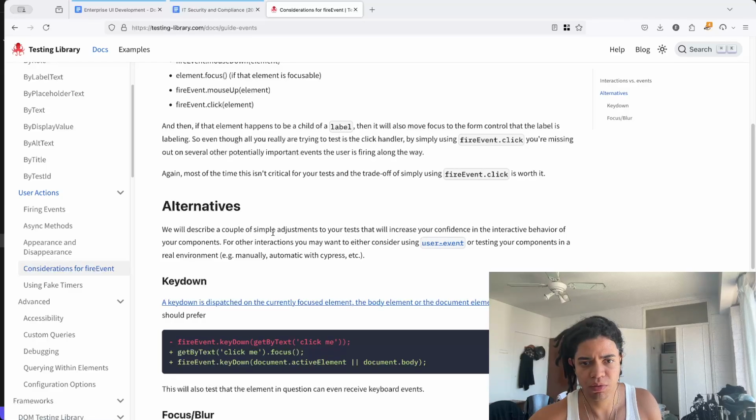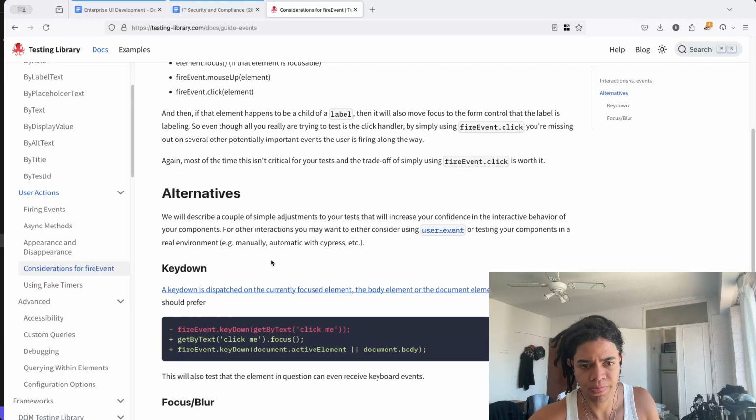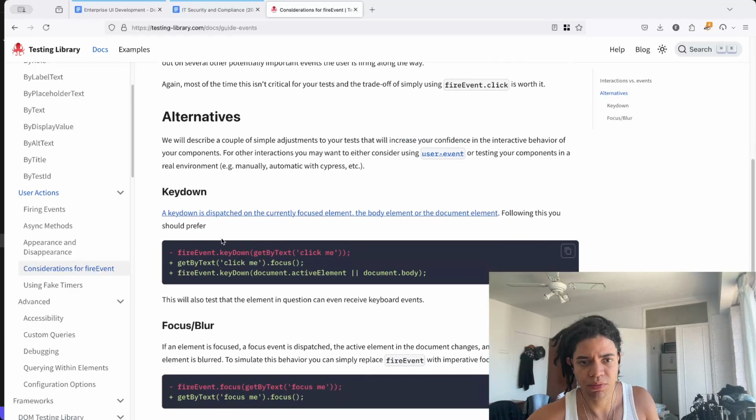We will describe a couple of simple adjustments to your tests that will increase your confidence in the interactive behavior of your component. For other interactions, you may want to either consider using user events or testing your component in a real environment, manually or automatically with Cypress. So for example, key down. A key down is dispatched on the currently focused element, the body element or the document element. Following this, you should prefer